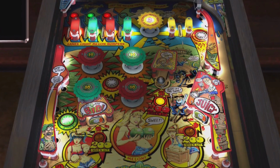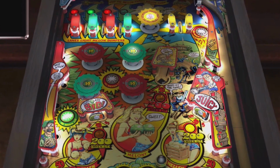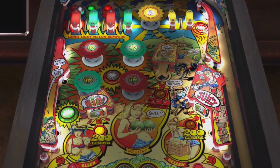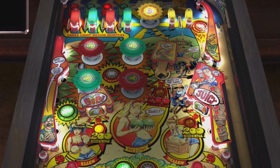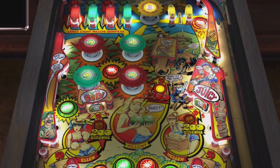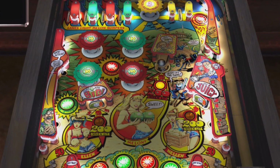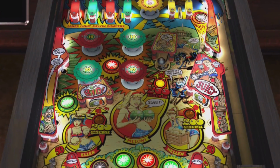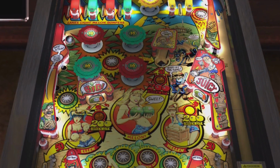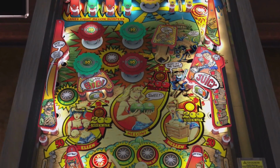I think the music may have been there, but that's one of the reasons why I thought this might have been an EM table, but when you do play it like this, it becomes fairly obvious that it is a solid state table. Now, I've gone through a whole bunch of nitpicks and everything. The only thing I had real trouble with on this table is getting the skill shot, but on tables like this where the skill shot is plunger based, I have a tendency to have a really hard time with those using an analog stick for the plunger. It seems like I can always get it to be too short or way too hard. I can't get it in between, so getting that skill shot standard goal was a bit of a